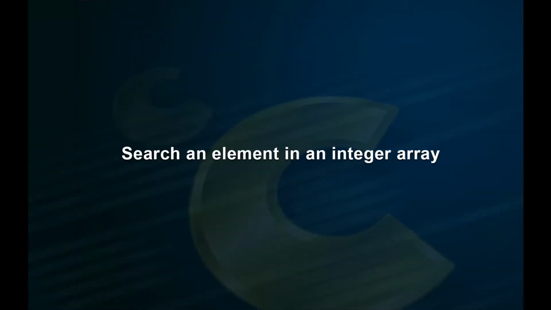Hello friends, in this session we will discuss some selected C programs to understand the working of arrays. Arrays, as we know, can hold many values of the same data type. Arrays can be of integer data type, character data type, boolean, etc. Now, let us start with a C program using array with a simple example of searching an element in a list. We consider the list to be of integer data type created by the user.